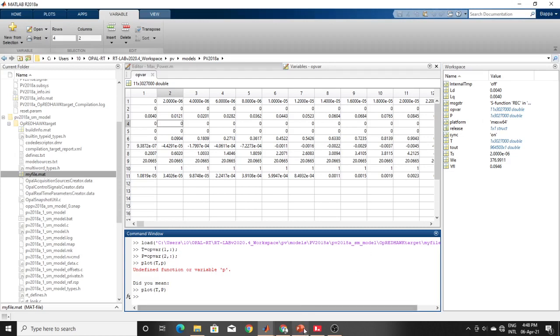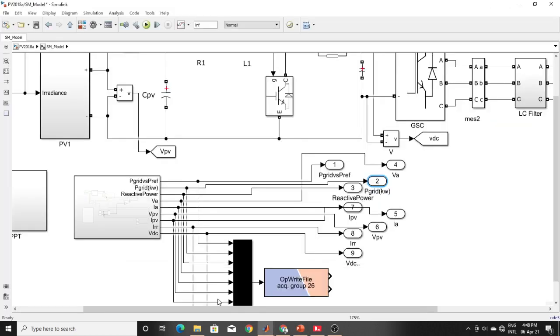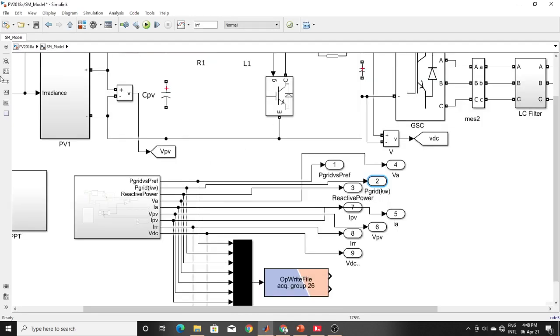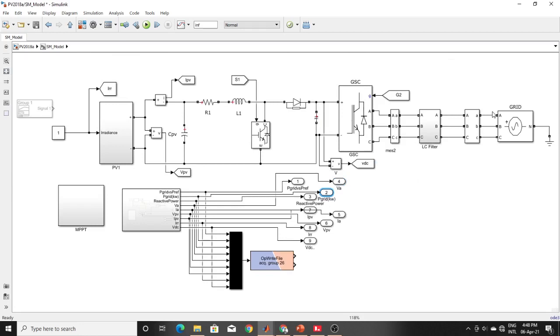I just ran this solar PV model with the real-time simulator and I am getting results nicely.